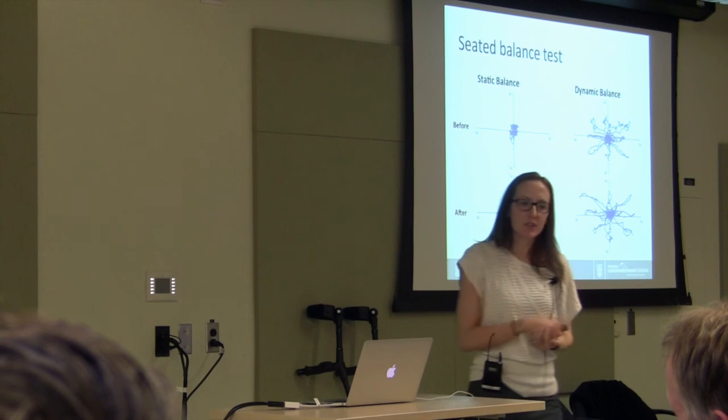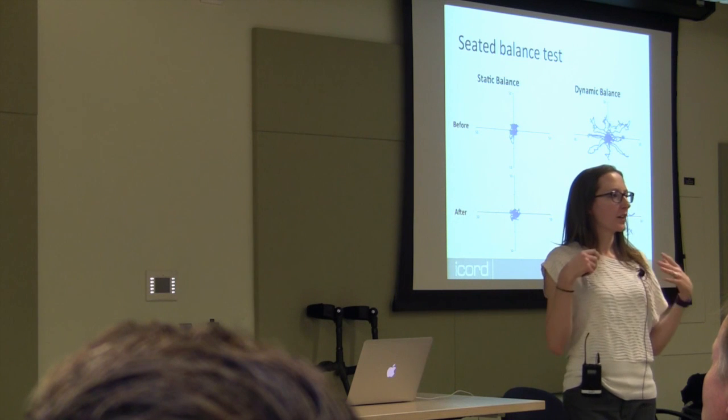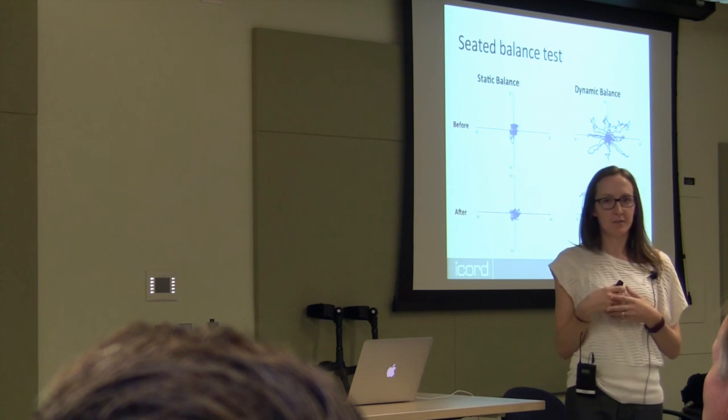And so we have 1 person in our study so far who's a complete injury at level T4. If we look at the first graph on the left, this is our static balance condition. We can see after training, the balance points got a lot smaller in terms of their movement, so they are better able to sit still after 10 training sessions. And if we look at our dynamic condition on the right side here, this is the before and this is the after, the participant was able to lean further in each direction and come back to the center. So they're getting more control of their movement and further in each